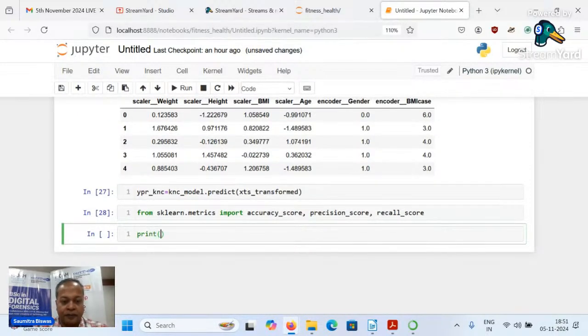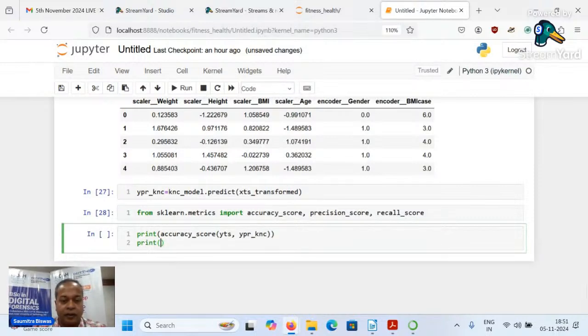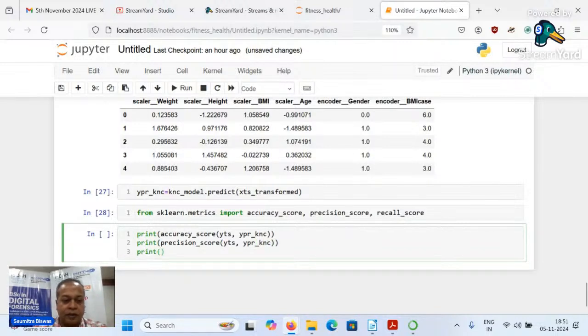Okay, now print accuracy score, and here I'm going to supply two values. One is the y test value, another one is the y predicted value, KNC, the predicted value. Okay, precision score, y predicted KNC, print recall score, YTS, and y predicted value KNC. Okay,